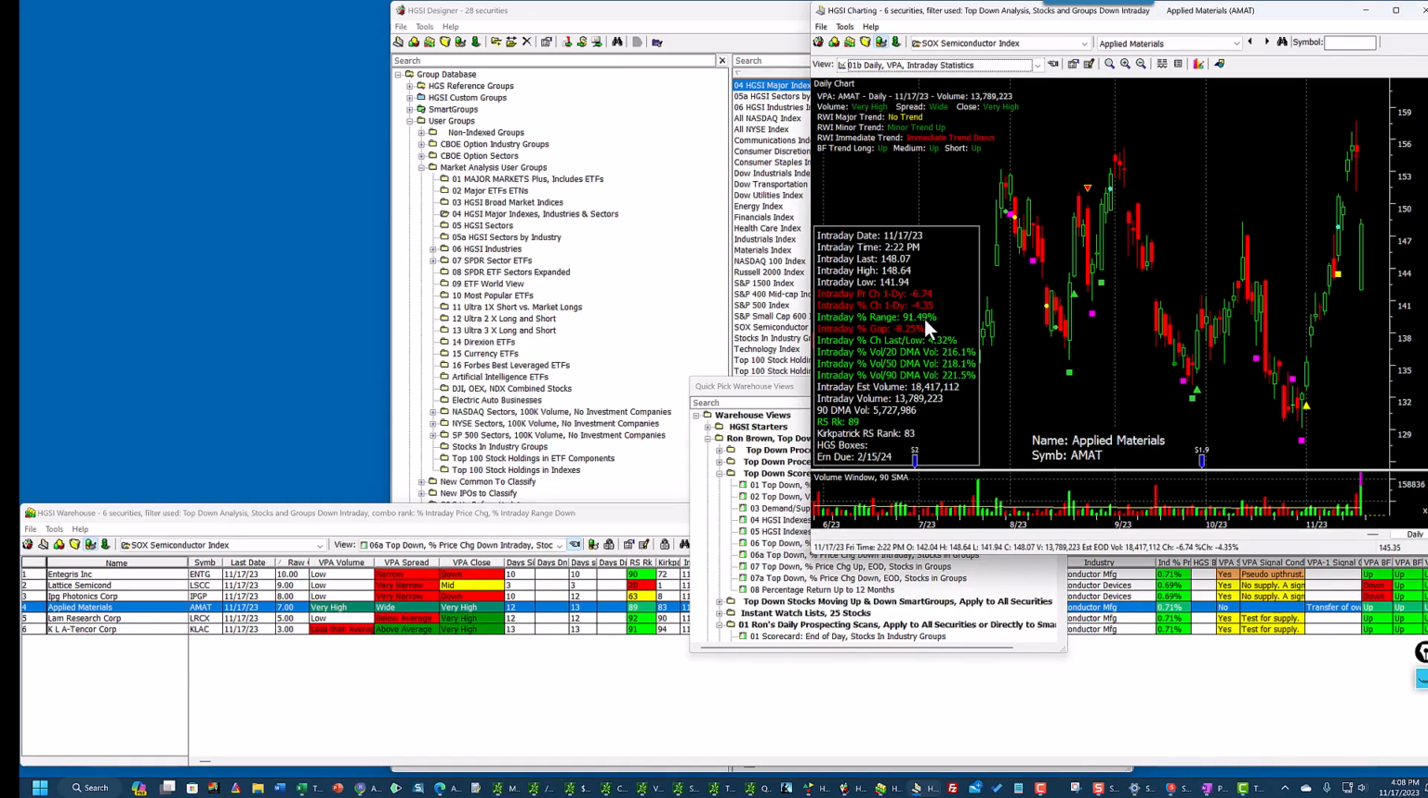Well, let's go back to this chart here. The intraday low was 141.94. The last was 148.07. So the last divided by the low, this number right here, 4.32%. So the last, compared to the low, is 4.32% above that. This is a bullish candle. Doesn't seem like it to those who got stopped out, but it is a bullish candle because of the heavy buying. Here's the demand,